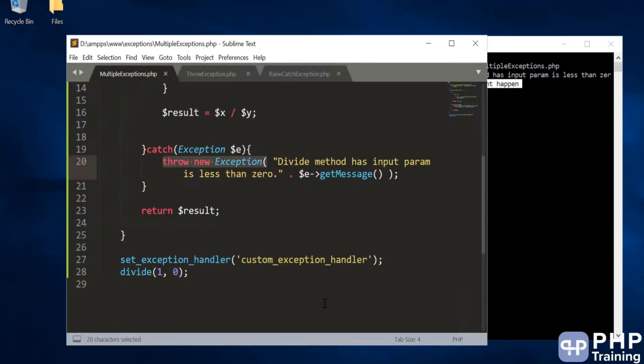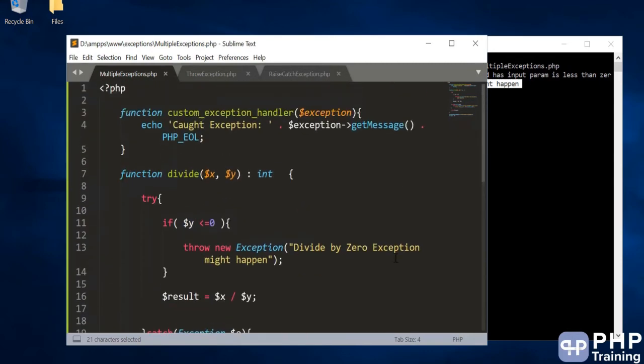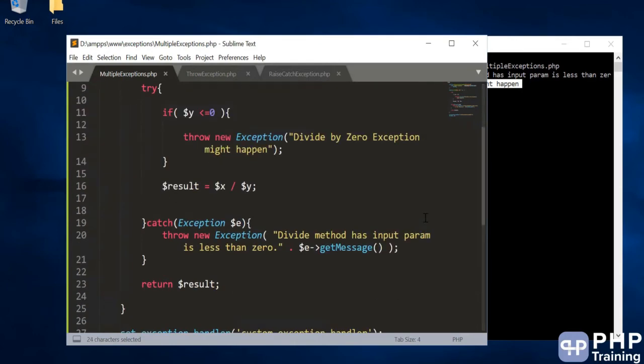So once you throw it again, now it will go to PHP. And for PHP, we have already said we are going to handle any other exception that is not caught with try catch. So now it will go back to your method, and there you are able to capture all the messages that were previously accumulated by the exceptions.